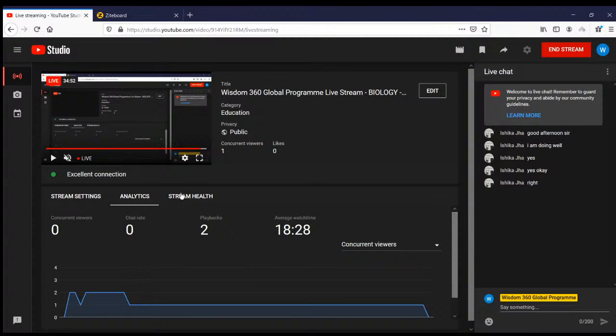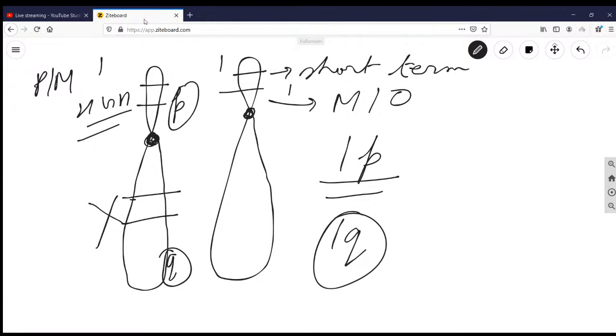So now, Ishika, do you have any doubt in allele? What are alleles? What is a homologous chromosome? And what is variation? Why are two alleles called alternatives of the same gene? Why are homologous chromosomes required to complete the definition? Any problem here? Any query? Any doubts? This is a very, very conceptual topic. I want you to have complete command over it. Any queries, Ishika? Okay, then we can proceed.